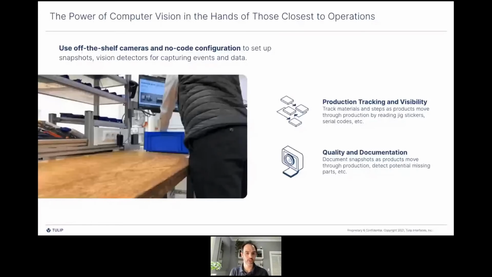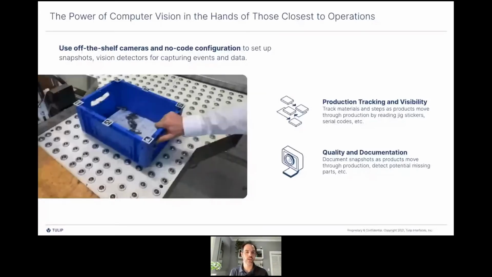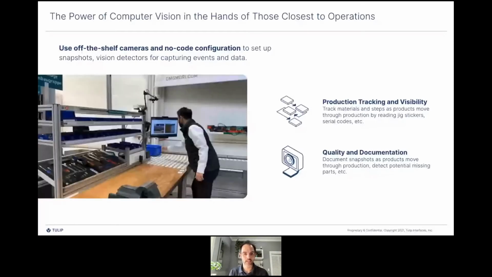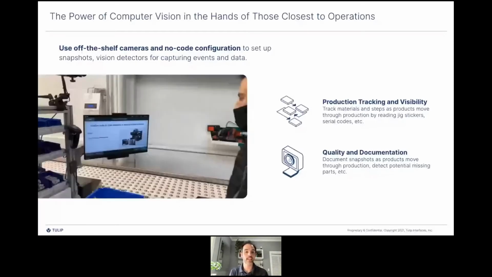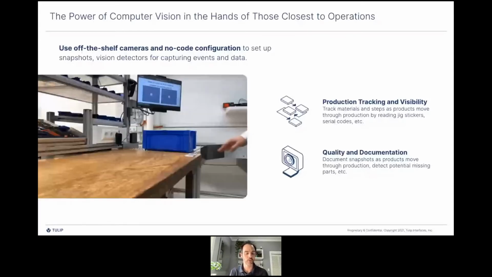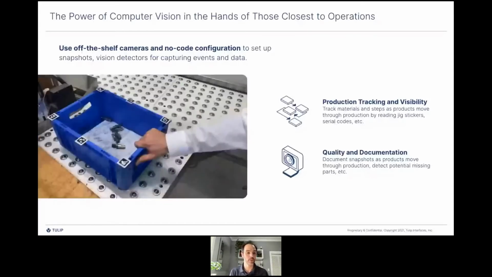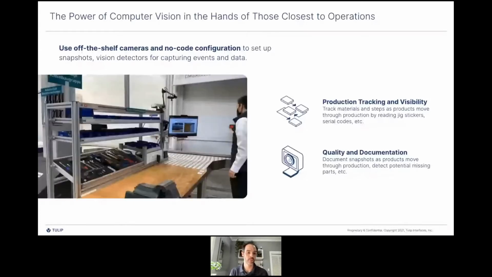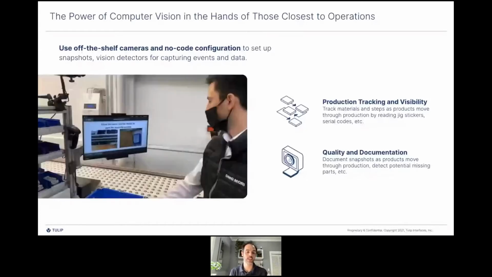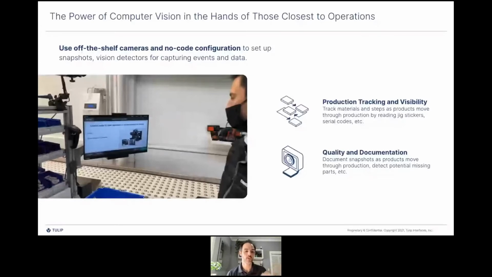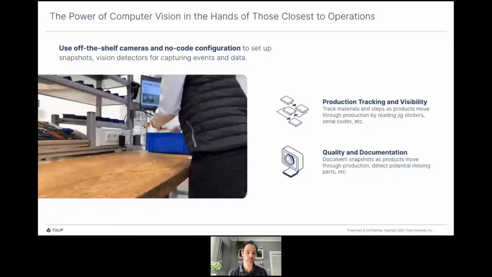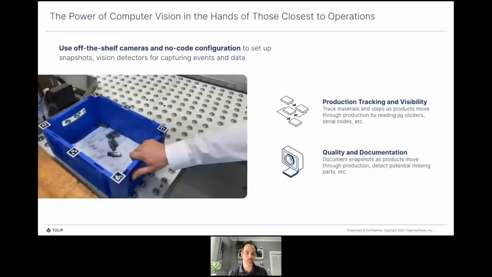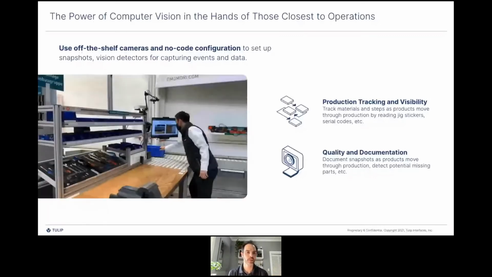We can also use vision in this case to track the quality and document the process, right? So we can take a snapshot as the product moves through the production and detect potential missing parts. In this case, if there are only 2 pieces instead of the 3 requested, the vision camera could detect this and give some feedback to the operator, for example. And we can also take a snapshot to document it, so that for compliance reasons, you can come back and say, okay, we actually did perform as expected, right? We have a proof of this. Let's move to the next two